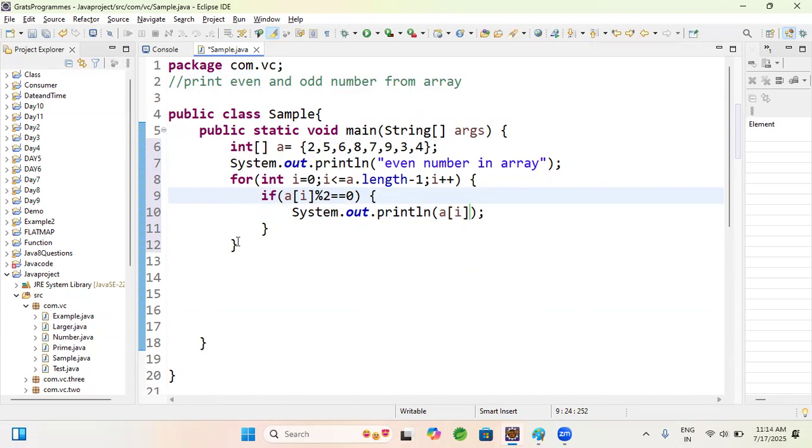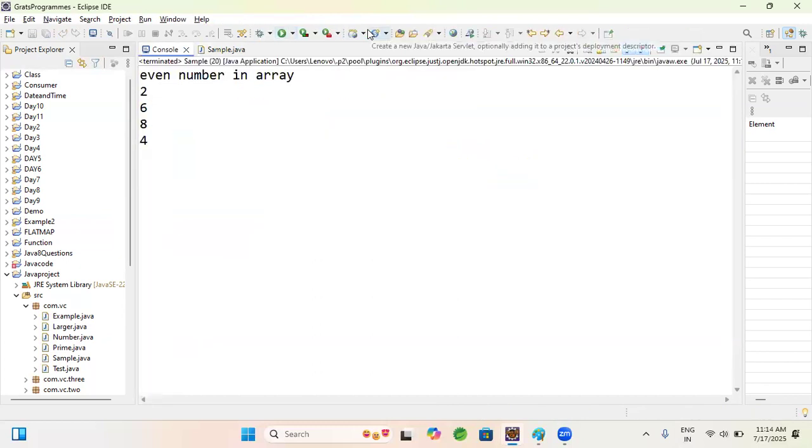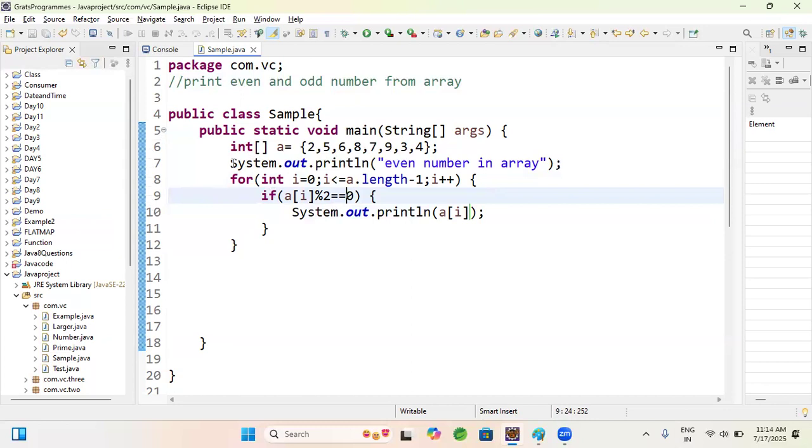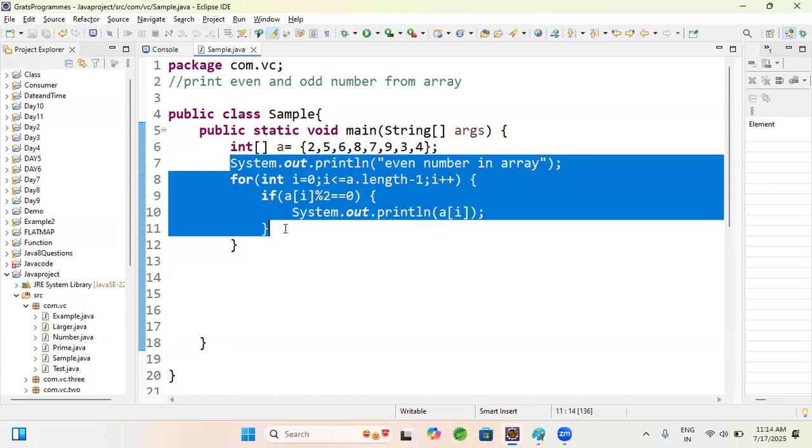Let's print it now. See, the even numbers: 2, 4, 6, 8. These are the even numbers. Now, to print the odd numbers,